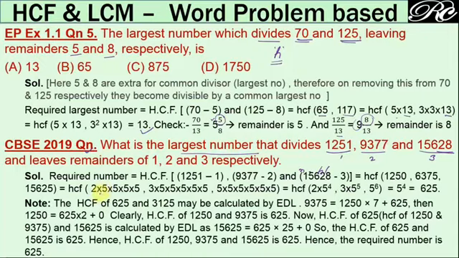This can be calculated by prime factorization of each of these bigger numbers. We can get the HCF as 5 to the power 4. It is 625. Or even this HCF can be calculated by the successive division method or Euclid's division lemma. So that is also done here. Writing this stepwise, again we are getting the HCF as 625.